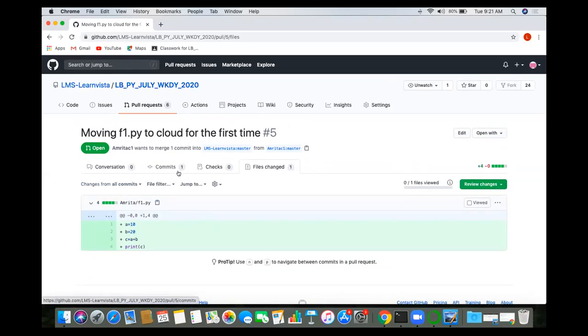Clear? Yes, sir. Yeah, it is clear. So, two persons cannot keep the same folder name, right? Otherwise, one of them you have to reject. No, I think the username will be different then, right? The username will be different.